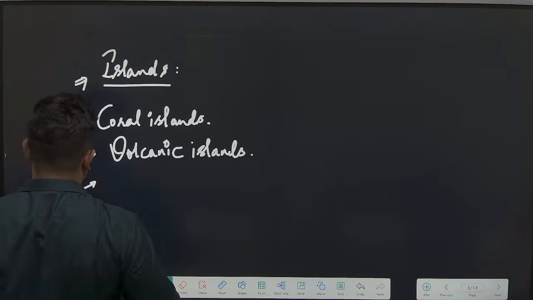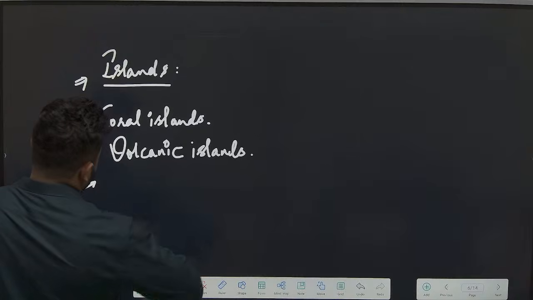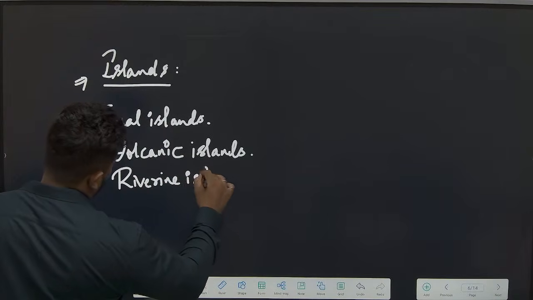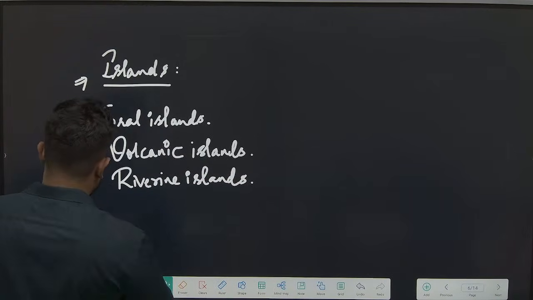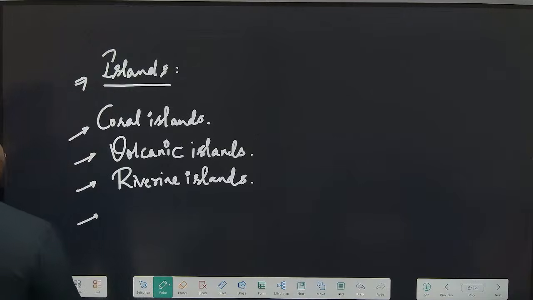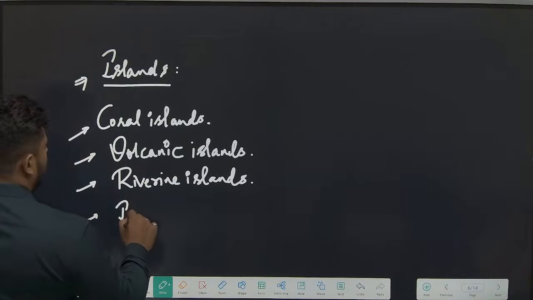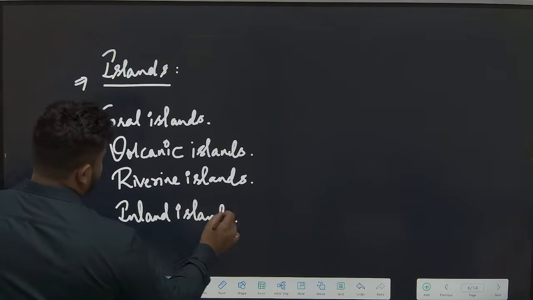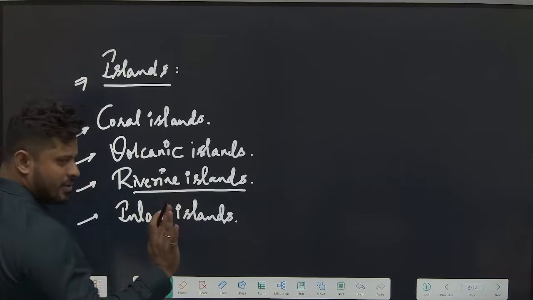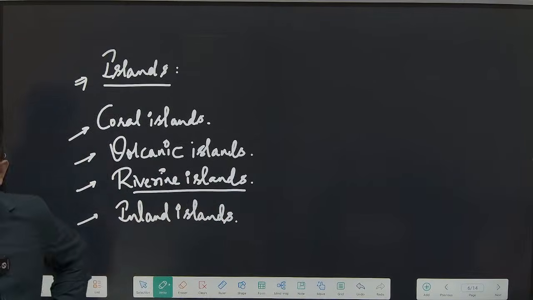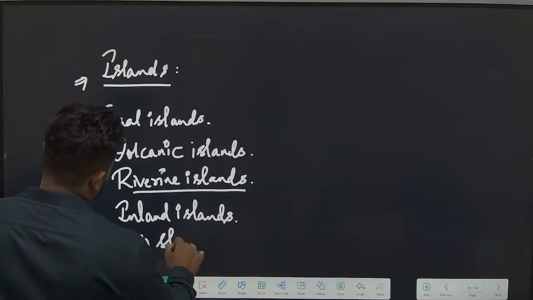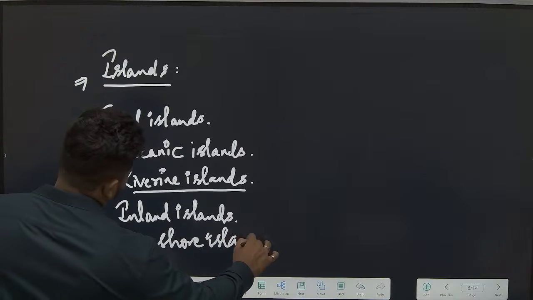Okay. Does Karnataka have riverine islands? Yes, a number of them. Correct alva? Does Karnataka have any inland islands? Inland islands is basically like riverine islands, but not on rivers. That's all. They are covered, right, with water. Nothing major. Okay. Does Karnataka have offshore islands? They have, but again not in abundance.